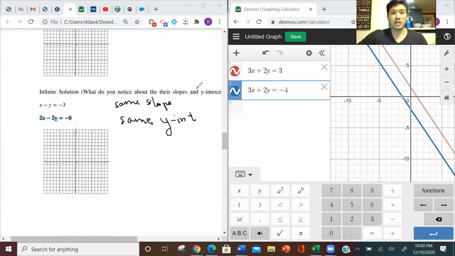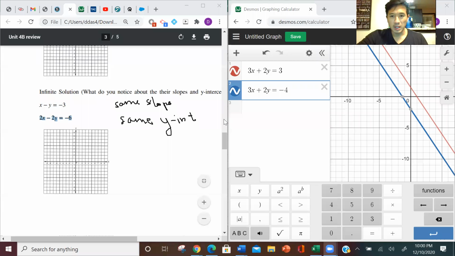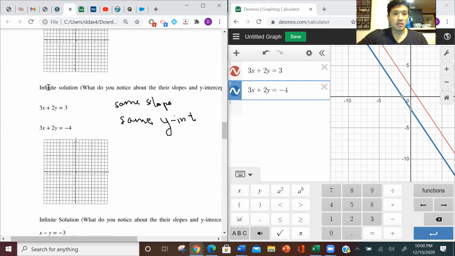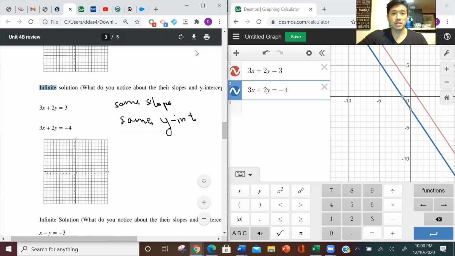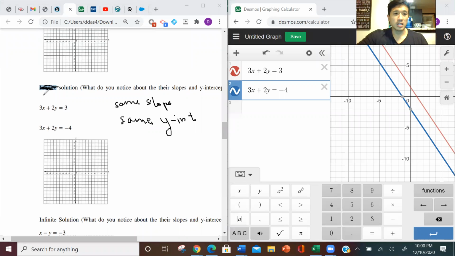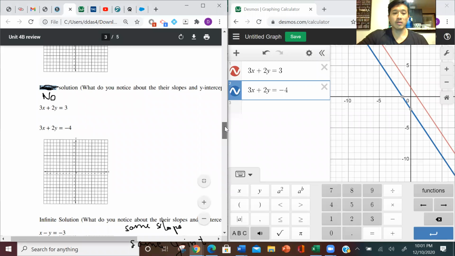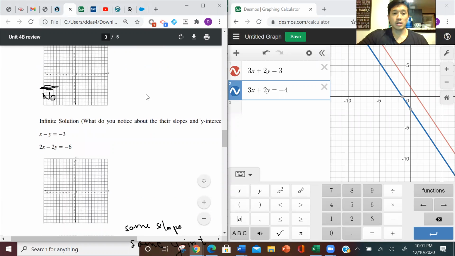Okay, now I think going back up here, I may have made a mistake about what I wrote. Yes, this should say right here, this should say no solutions. So I'm really sorry for confusing you. This should say no solution for the second graph, okay? So that should be no solution, not infinite. I actually wrote it twice, I'm sorry. So down here,